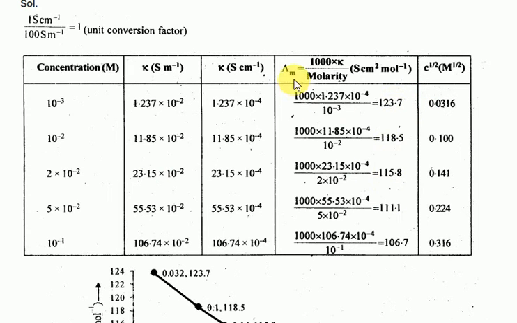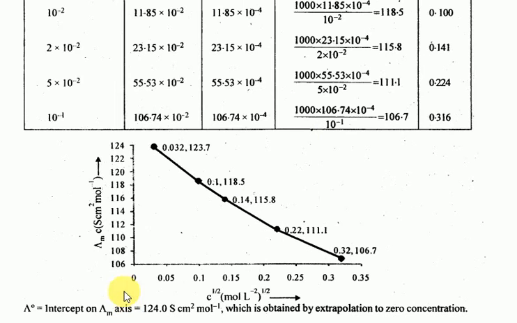So molar conductivity is there. Clear? Look at the graph, you will get a very clear idea. This is the molar conductivity, and the concentration is given. Whenever the concentration is increasing, the molar conductivity is decreasing. Sorry, when the concentration decreases, the molar conductivity increases. Concentration decreases, molar conductance increases.